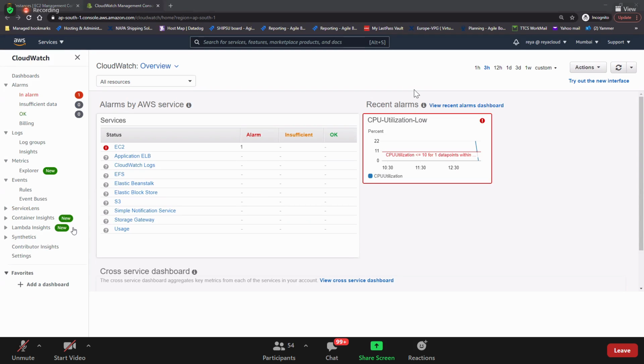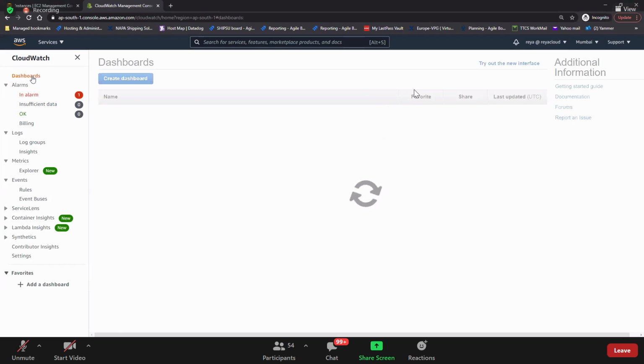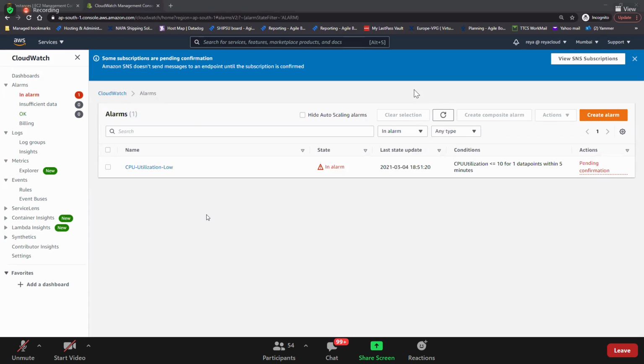So guys, here, can we edit an existing alarm? Definitely, we can. Do you see that we have created alarms in EC2, but those alarms will go and sit over here only in CloudWatch? In CloudWatch. I'll come to the dashboard soon. Do you see the alarm status? In alarm, insufficient, and okay. If you go to in alarm, do you see this alarm here?